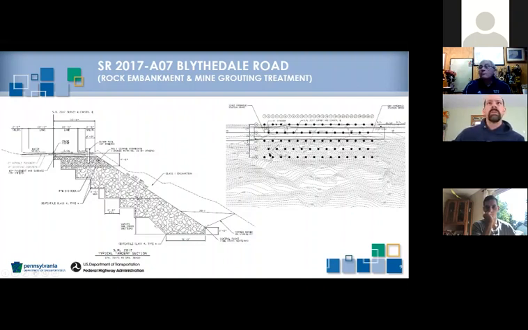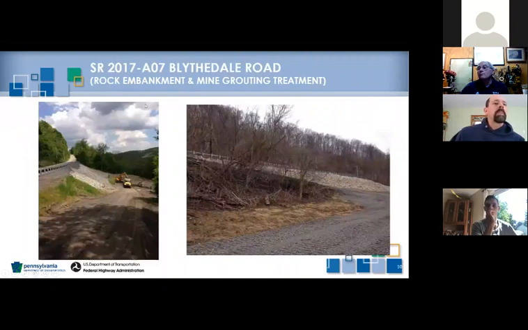So when they mined, they pushed some material with equipment in to try to fill some of the void, but didn't fill it all. So you get a lot of holes and voids between those rock particles. So that's a more slumpy material to fill those voids. And then, sometimes you hit a column of coal, and obviously you would just fill that up to what you had drilled. So you try to lay those out in a pattern that would give you the support you require underneath your roadway. So here are just some pictures of the completed work.